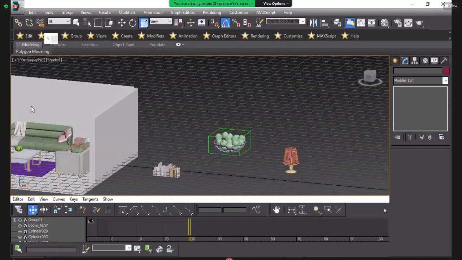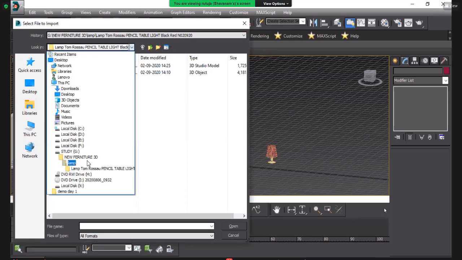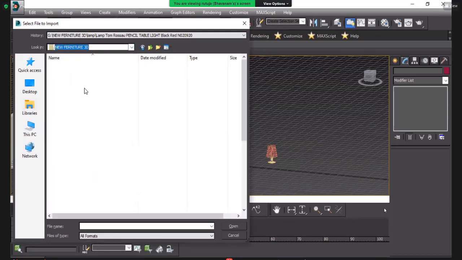But before that, I will import one thing which is important. This is the tree.